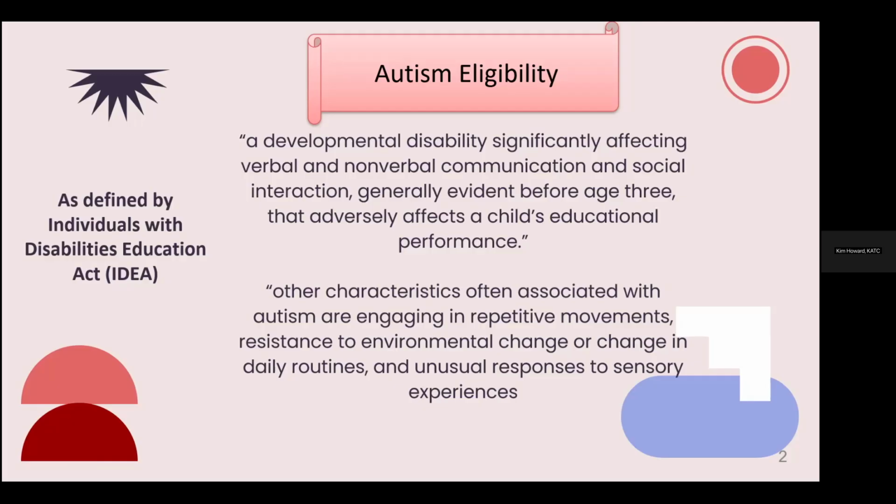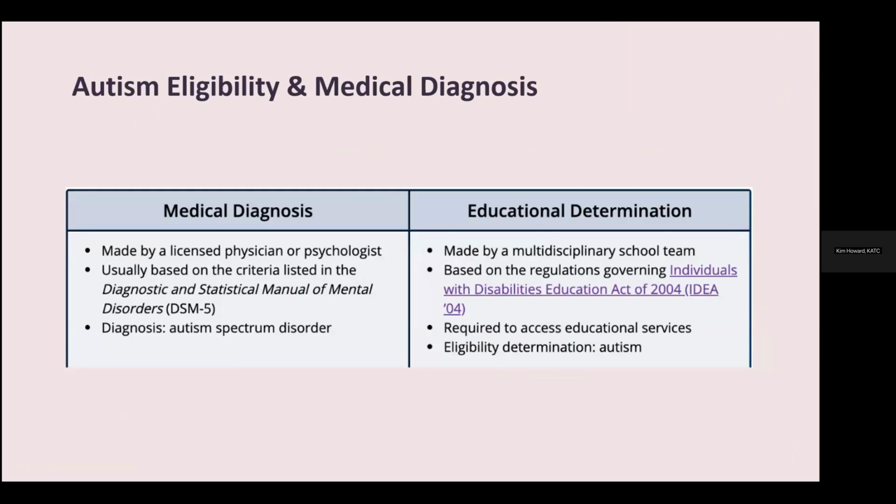So that is what we use for school-based purposes. But when we're thinking about autism eligibility for school, I often hear about medical diagnosis. Medical diagnosis comes from the DSM-5, and it's called a spectrum disorder because there are 3 levels. Autism level 3 means a student who has extensive support needs. This is your student with classic autism, the student that I can probably tell has autism as soon as I walk into the classroom.